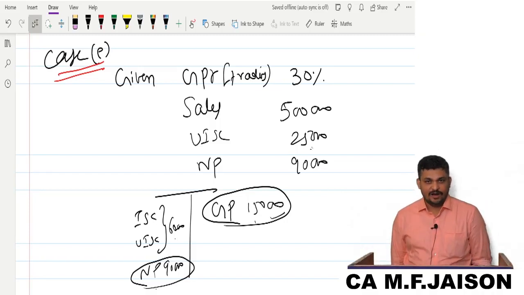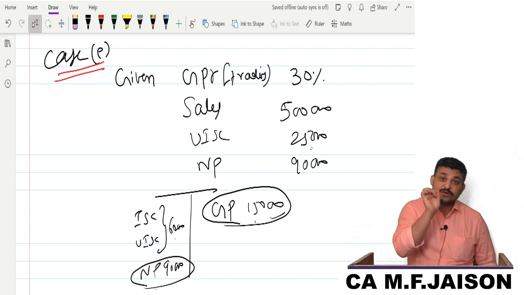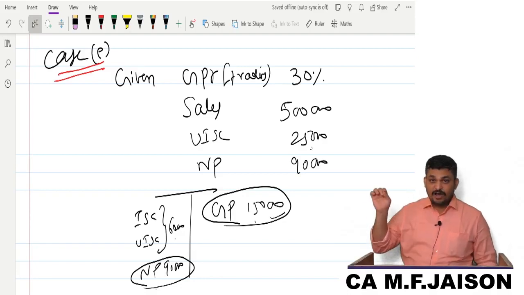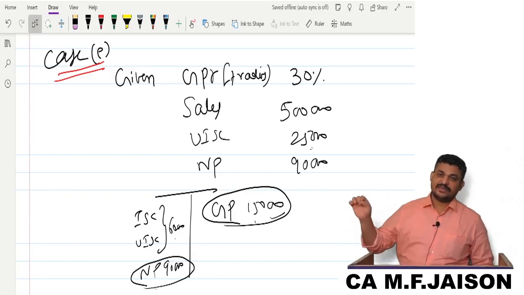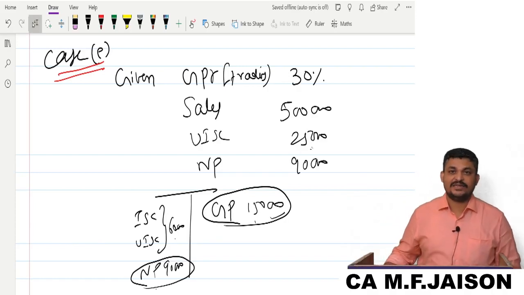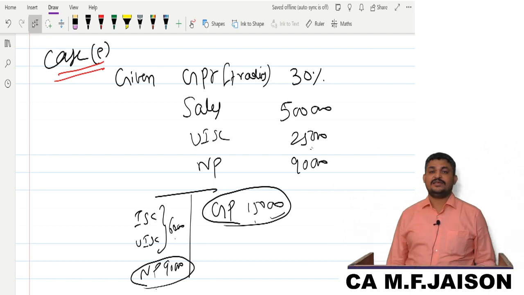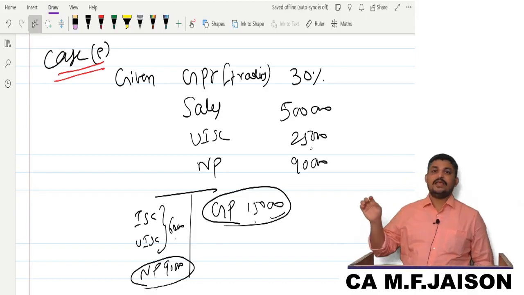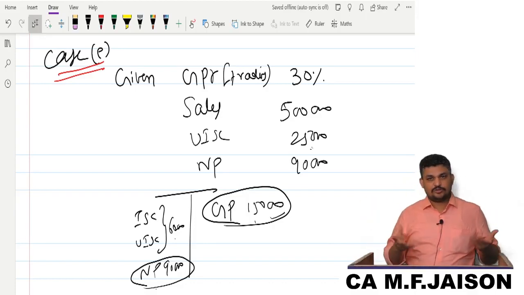If there is loss, then it will be insured standing charges. That is, gross profit is equal to insured standing charges minus net loss into insured standing charges divided by total standing charges. Once again, when you have net loss, how to calculate gross profit? It is insured standing charges minus, because with loss there is no profit element.